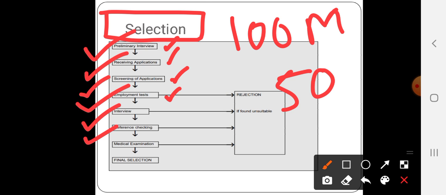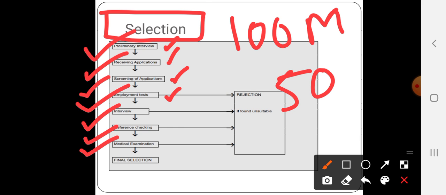Then is reference check. Whenever you are applying for any job, you have to mention the name of a person who is working in a well reputed organization, or at a higher position, who has his or her identity. So whenever they are doing a reference check, they will call that person to ask about you, so that they come to know about your background and how you are as a person. Sometimes they may also call where you have worked previously and ask about you.